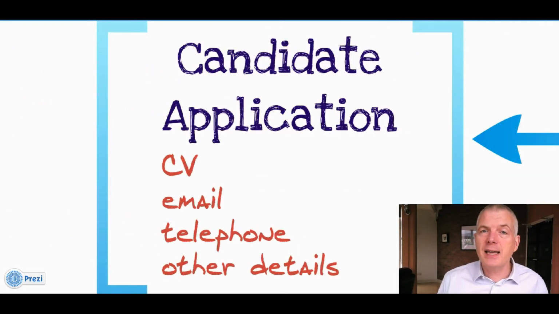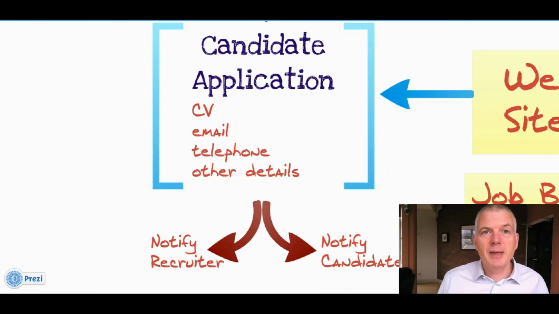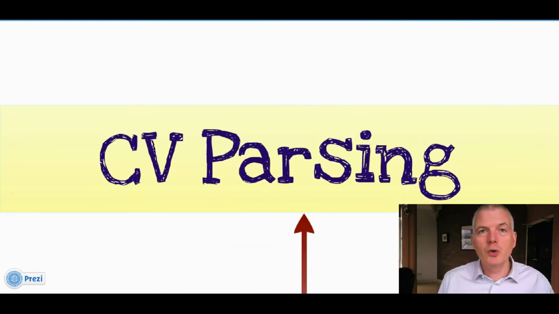When a candidate applies, you want to get their CV information, all their contact details. You may even want to ask them questions that specifically relate to a vacancy to qualify them for the job. You want to be able to check that they're not already on the database in some other form. You want to be able to email them automatically so that they can get an acknowledgement and a response. You want to contact people within your organization. This information all goes through into your database system. CV parsing enables you to extract information from the CV automatically, and it all feeds into your applicant tracking system,